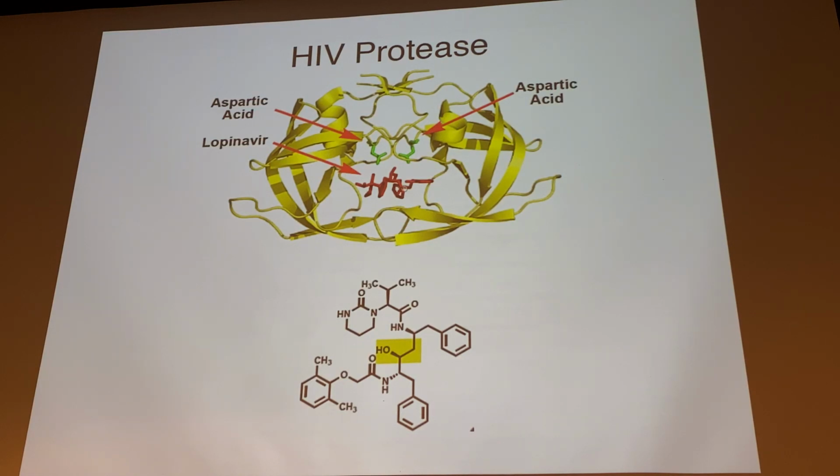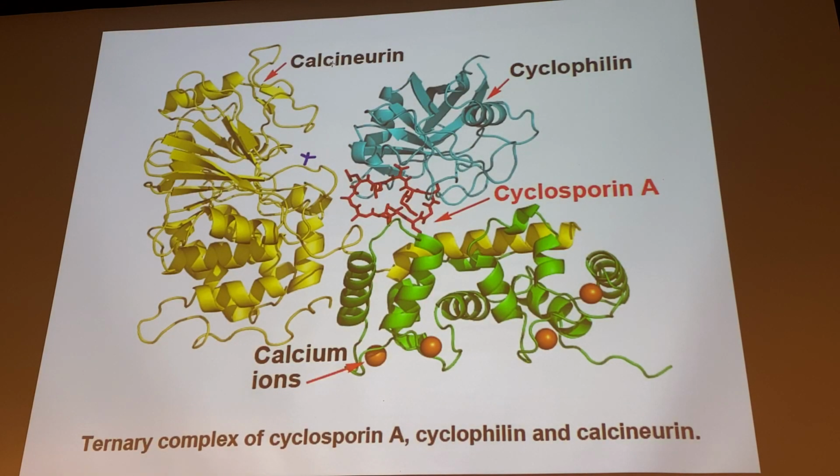These are proteases specific to the virus, and we've designed drugs that inhibit the protease, which is needed to form more of the virus. And here's lopinavir, ritonavir. There's a bunch of these -avir drugs that bind in the active site of a protein needed for HIV, the virus, to propagate. And here's a drug, cyclosporin, which binds 2 proteins, calcineurin and cyclophilin, which are needed to promote